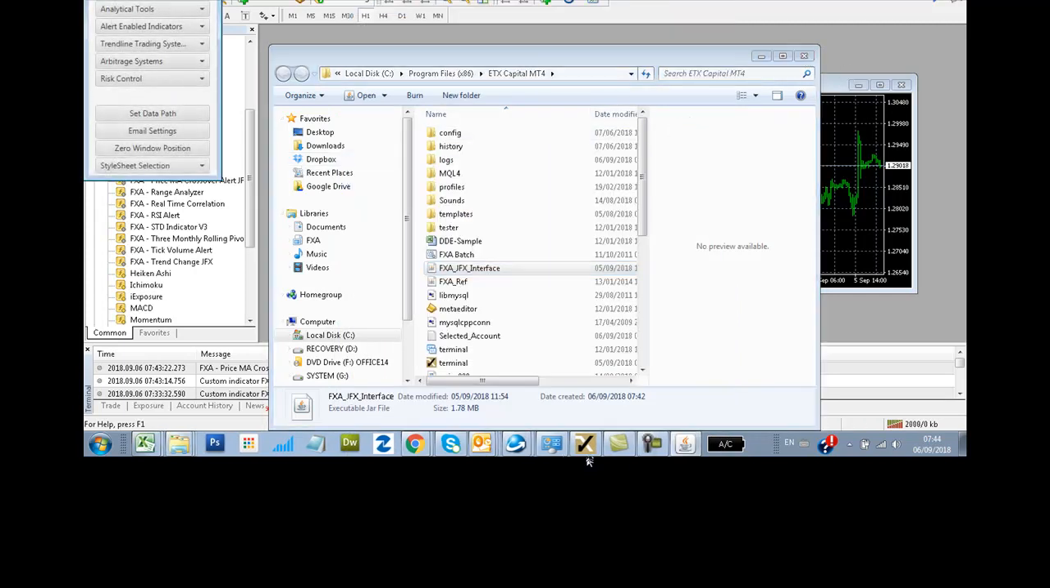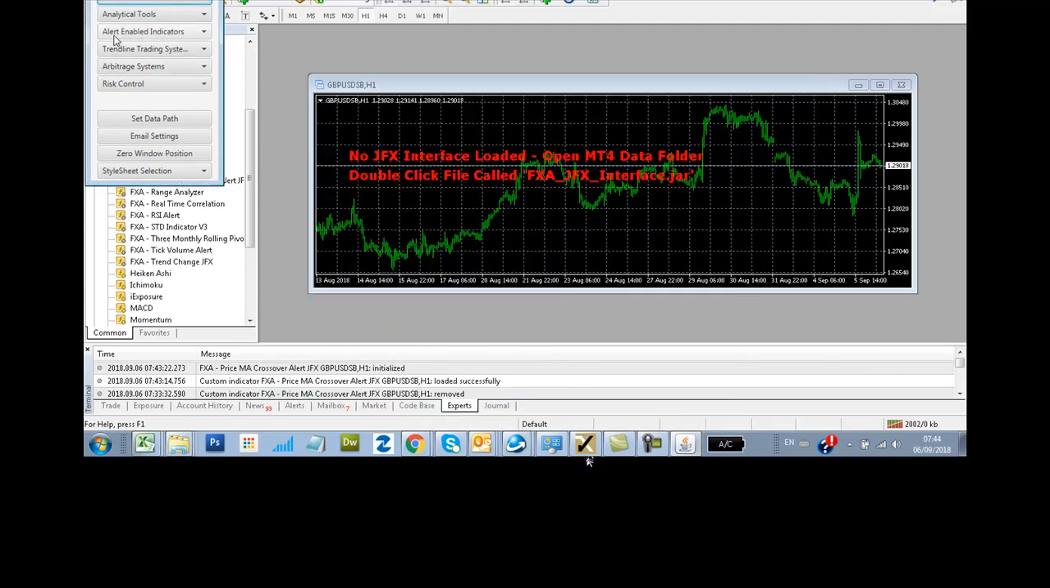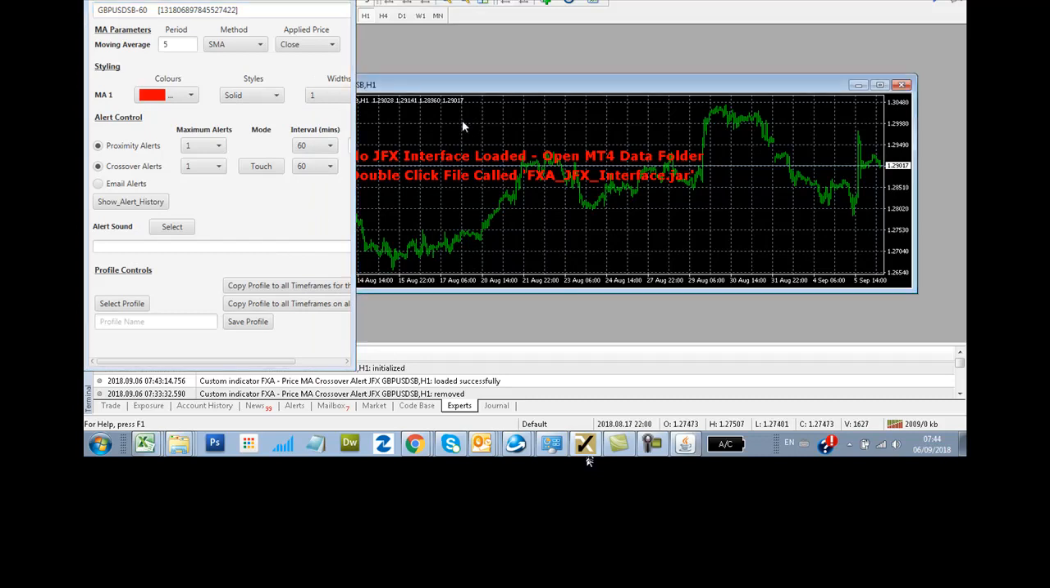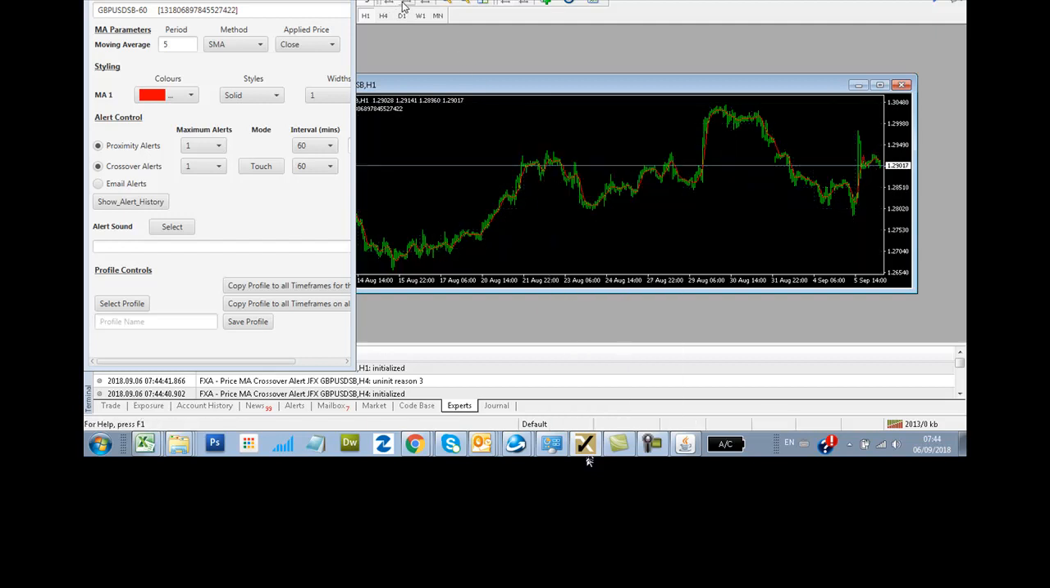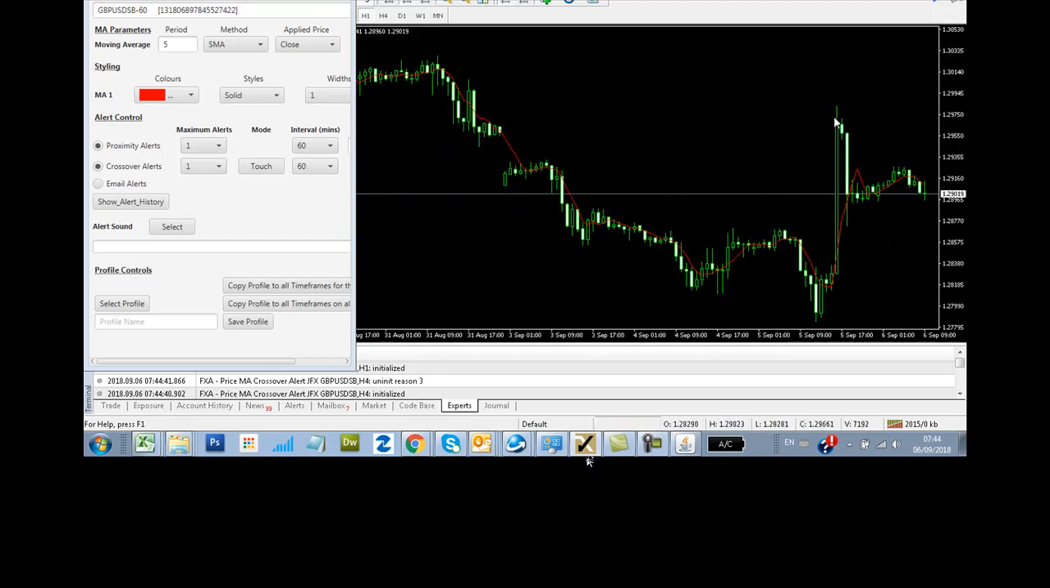Product catalog opens up now in the top left hand corner. You can close this little Explorer window now, go to Alert Enable Indicators, scroll down to Price MA Crossover Cross Proximity. The interface opens up, go to your chart, change the time frame, and the red warning text disappears. Now if you look carefully, you'll now see a moving average displayed on this chart, and we can check to make sure we've got good synchronization between MT4